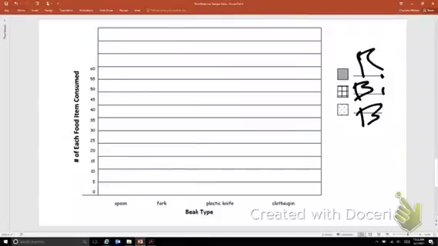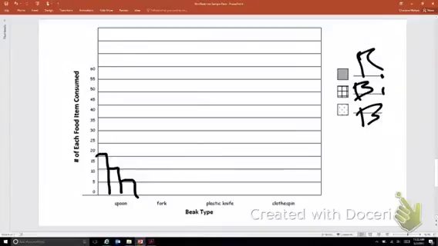Now, remember that we had 18 rice, 11 birdseed, and 6 beans. And so you need a bar graph. You need a bar for each one of the food sources. So I'm going to come over to spoon, and I'm going to draw a bar for my 18, and then a bar for my 11, not quite, and then my beans, which is about 6. Yours would be a little more accurate because you'll have the paper and pencil, but I want to make sure that I either use the same key here on the side with the shadings,